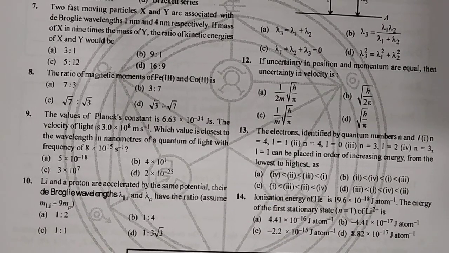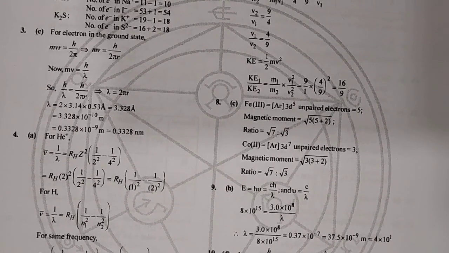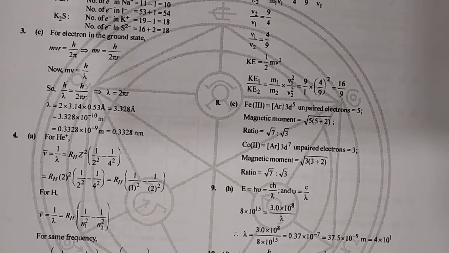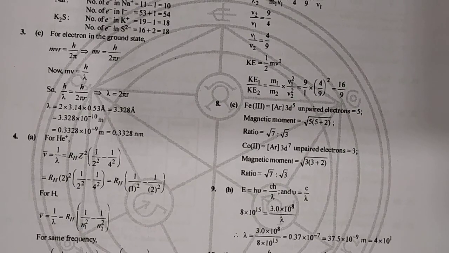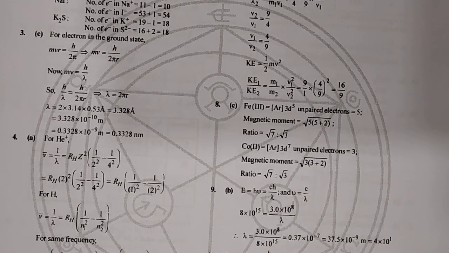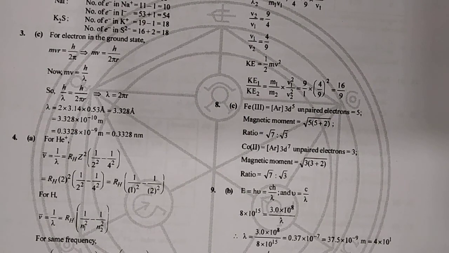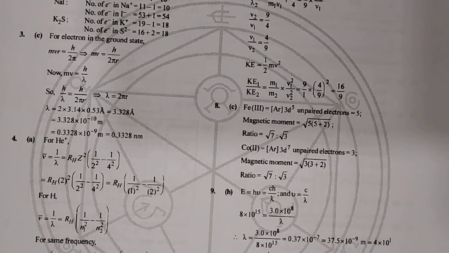Statement number 8 on your screen. The ratio of magnetic moment of Fe3+ and Co2+ is. So the formula for magnetic moment is under root n into n plus 2. मैग्नेटिक मोमेंट फाइंड आउट करने का फॉर्मूला है अंडर रूट n इंटू n प्लस 2. अब Fe+3 इलेक्ट्रॉनिक कंफिगरेशन आर्गन कोर 3d5 मीन्स 5 अनपेयर्ड इलेक्ट्रॉन है तो n की जगह पे 5 रख दीजिए. And Co2+ आर्गन कोर 3d7, अनपेयर्ड इलेक्ट्रॉन is 3. सो मैग्नेटिक मोमेंट के इक्वेशन के अंदर 3 रख दीजिए. So your final answer is under root 7 is to under root 3.